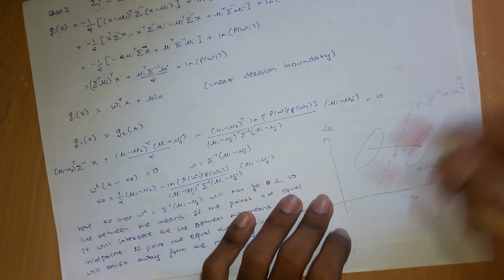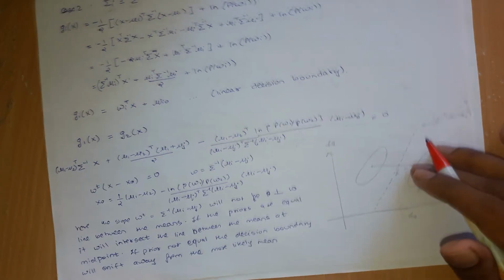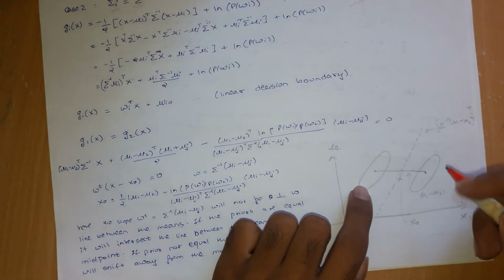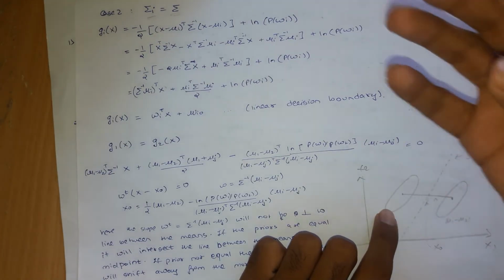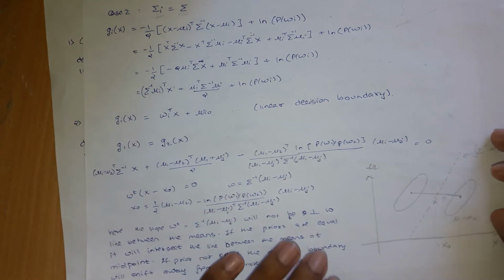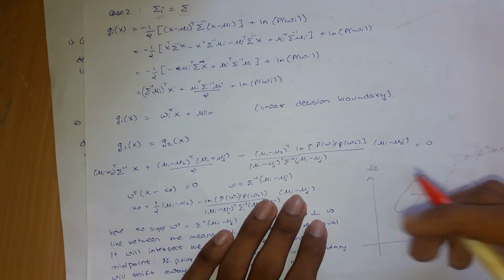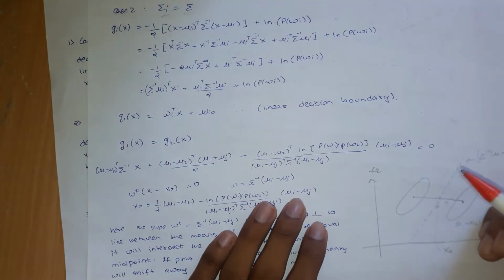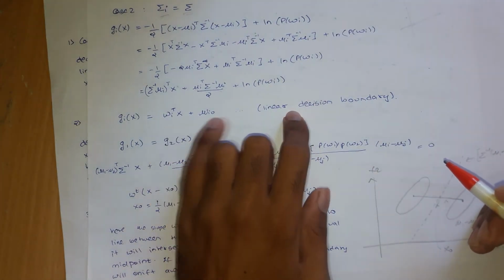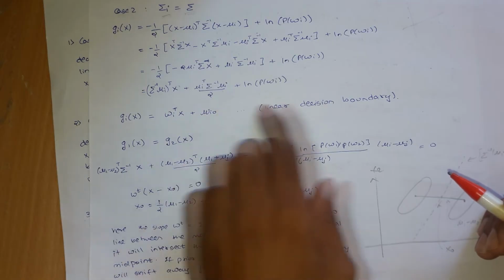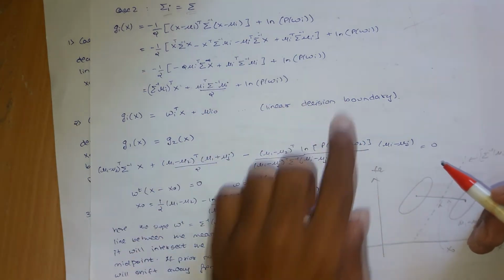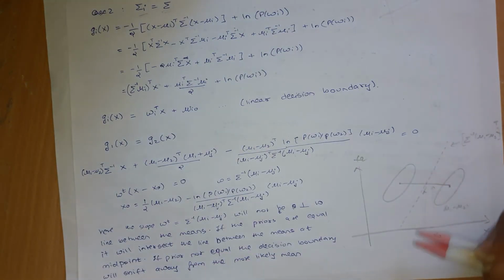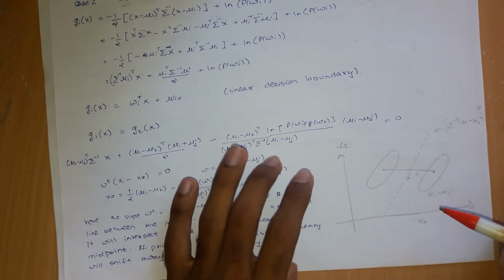Also these are correlated. So because of this, what happens to the decision boundary is what we are going to see. If you solve this little bit of algebra, you get to know that this is also a linear decision boundary. So this will again give you a linear decision boundary,